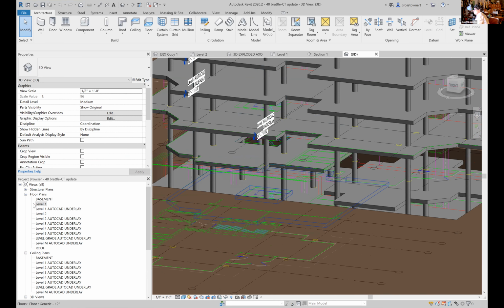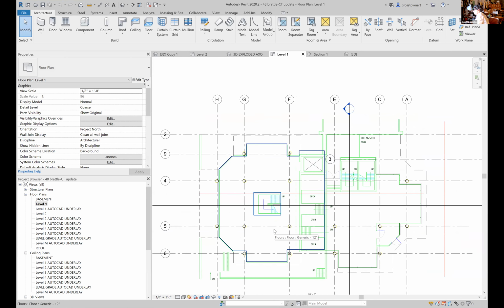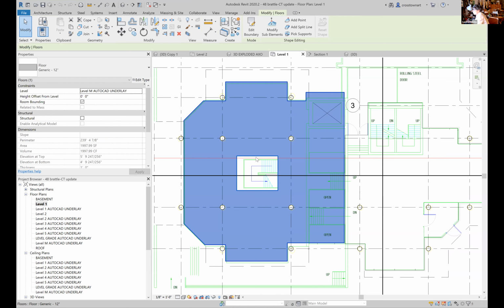Let's see, level 1. Yeah, so there's a stair there. I'm not sure which stair you want to model, but let's assume, okay, I'm assuming you made this opening, so